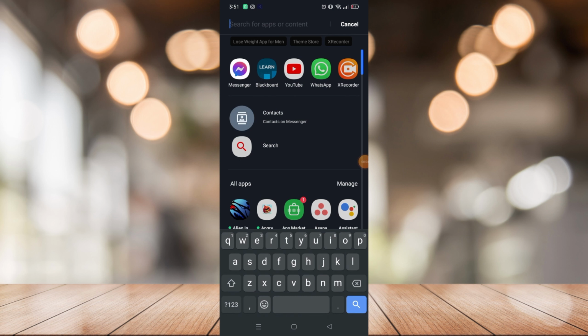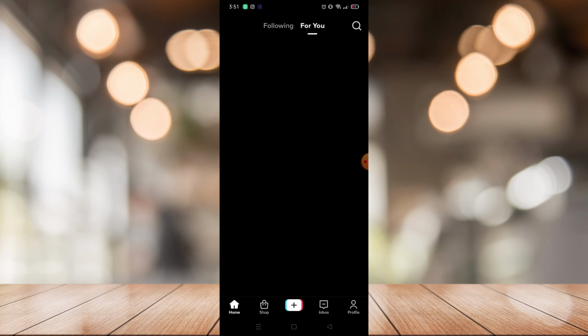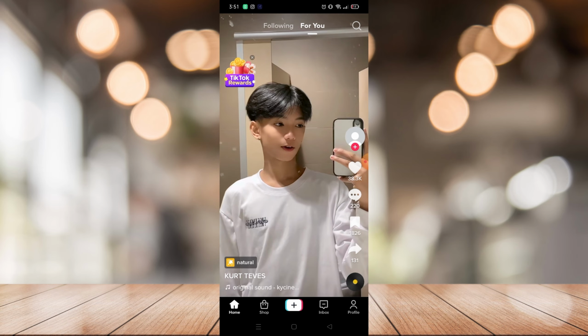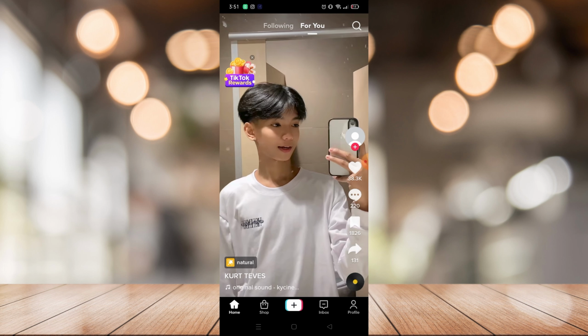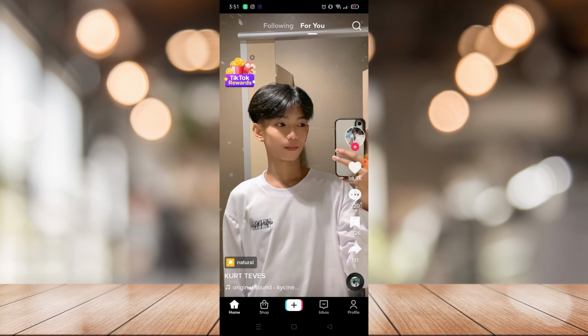In today's episode, I will teach you how to fix the TikTok search bar. So let's get it started. Apparently, you can search anything on TikTok by clicking the TikTok search button, and that's where you can search anything you want. But if there's a problem and you can't search on your TikTok, this is how you're going